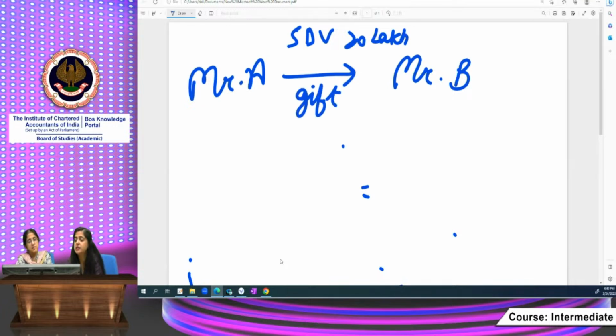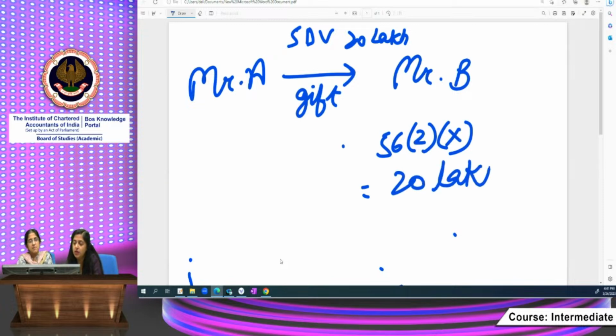In that case, 56(2)(x) will get into the picture because Mr. B gets an immovable property from Mr. A without any consideration, and the stamp duty value exceeds 50,000. So in that case, what would happen? 20 lakh